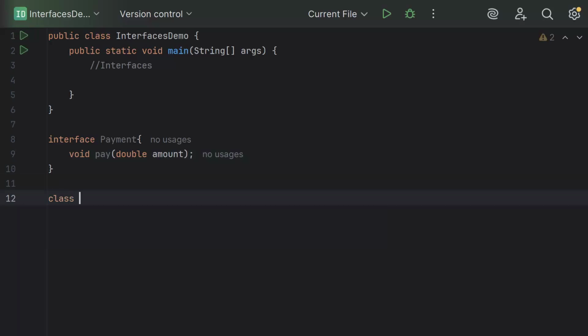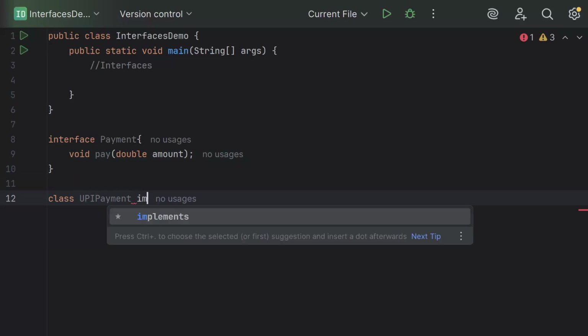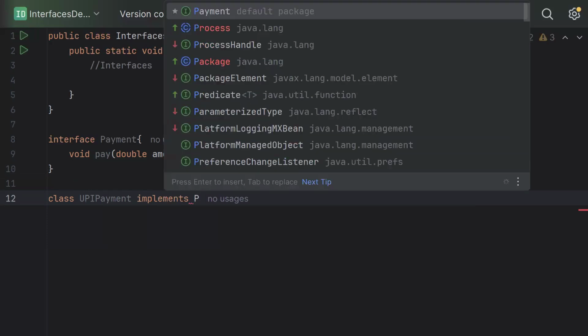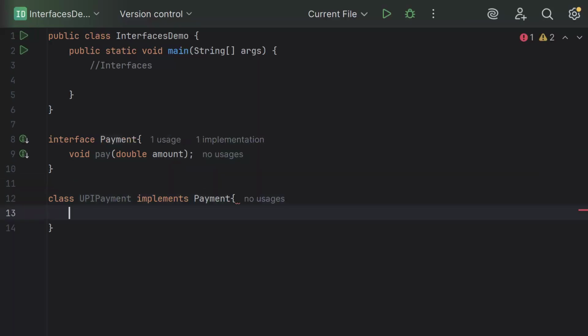Now I will define a class. I'll say UPI payment. And when there is an interface, in case of abstract class, there is a class that is extending the abstract class. Here, what we will do is we will implement the interface. Implements payment. So as soon as a class implements an interface, like abstract classes, this class will take